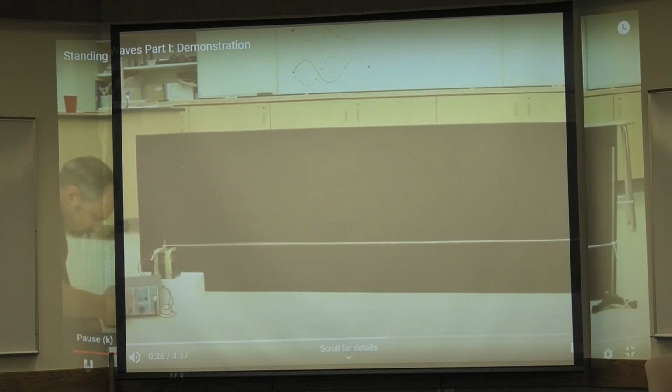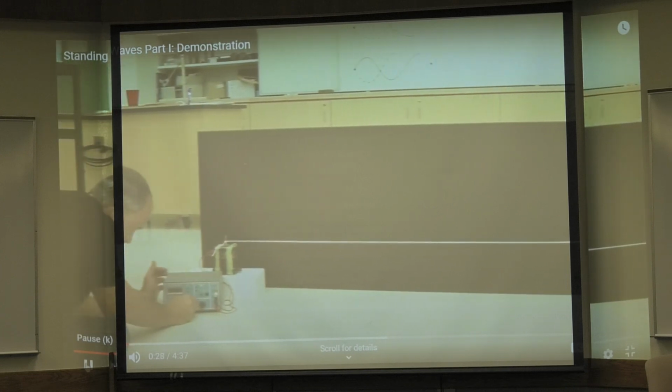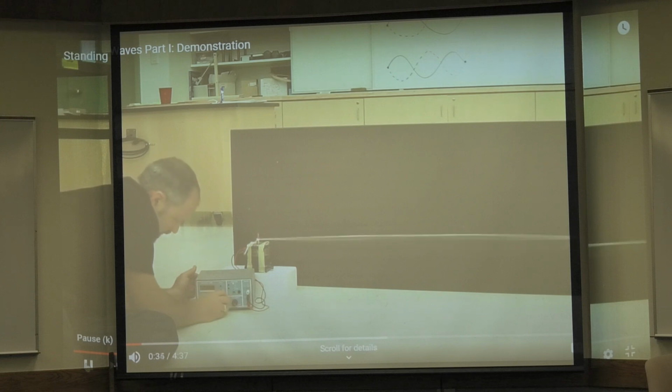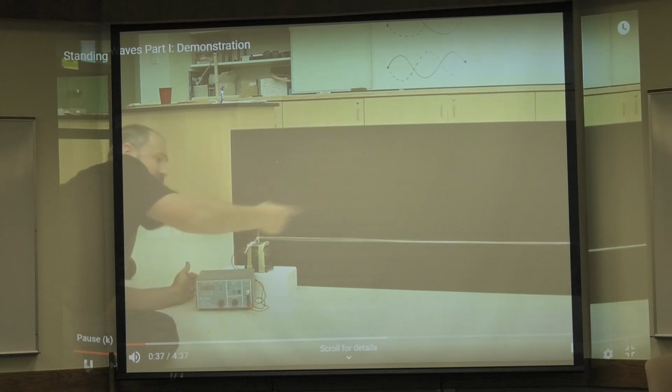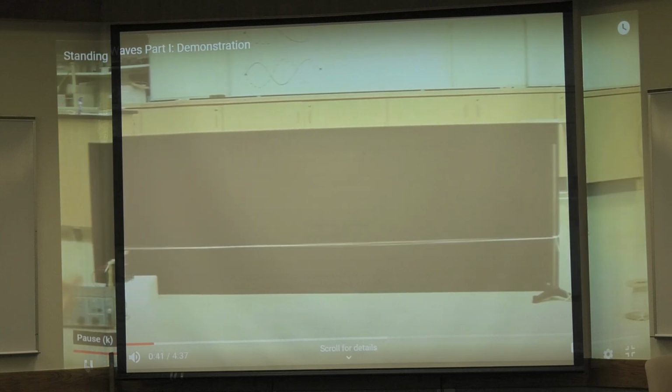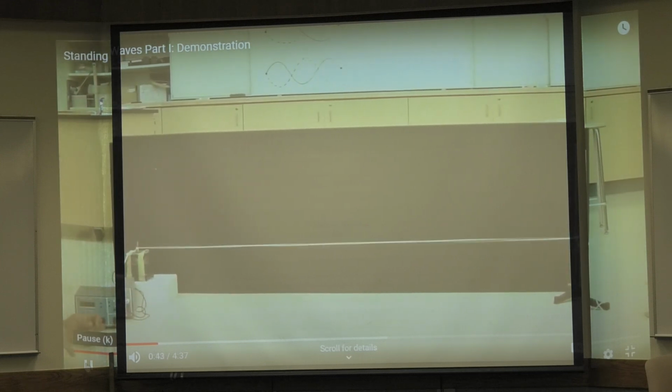Now, if I set it to just any old frequency, let me just turn this on. Well, let's go a little higher. So it's sending waves back and forth, but these waves are out of sync, if you like. They're not exhibiting consistently constructive or destructive interference at any one point. But if I set it here, for example,